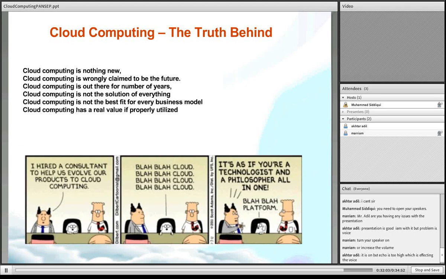And it has a real value if it's properly utilized. I mean, if you just use cloud computing because you want to look cool, it probably has not that big of a value. The only thing it will change is the way the business works today.